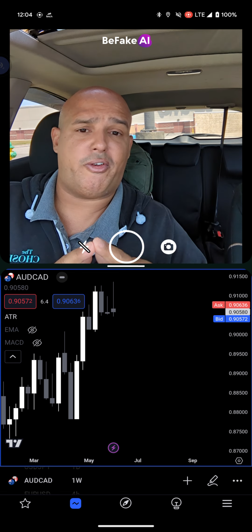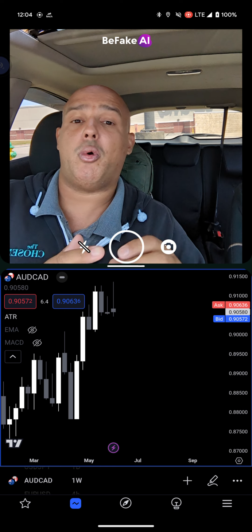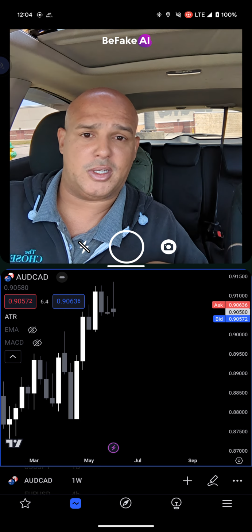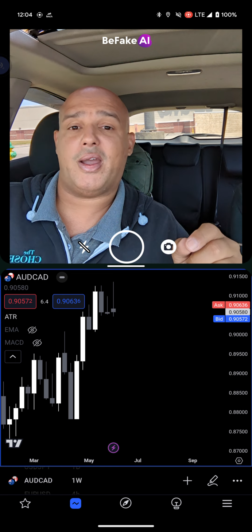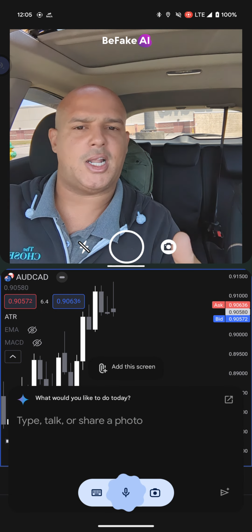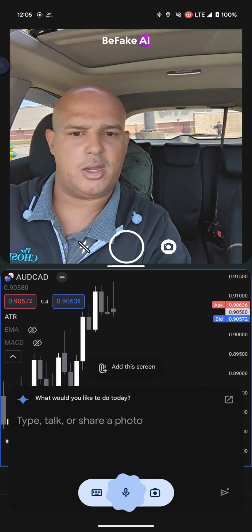I was just trying to find a different way to capitalize on that. Okay, I already have somewhat of an edge just by going in the same direction as the previous direction. Okay, cool. How can I find out a better way to increase my odds of winning? And so that's where this process of the two candle.